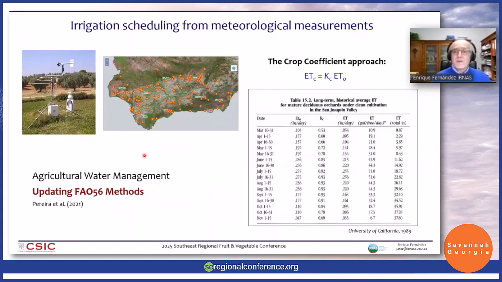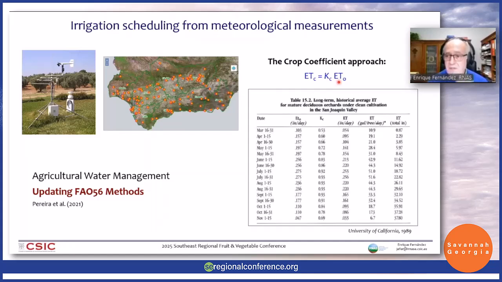Okay, let's go and see another approach, which is to estimate irrigation amounts and timing from meteorological measurements. In this case, for instance, you use the well-known crop coefficient approach, in which you calculate the amount of water needed by the crop as the product of the reference evapotranspiration, the so-called ETo, by a coefficient that we call the crop coefficient. The values of ETo are obtained from meteorological stations close to the orchard,